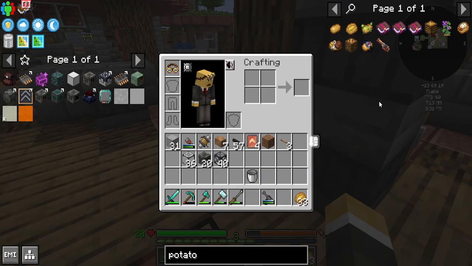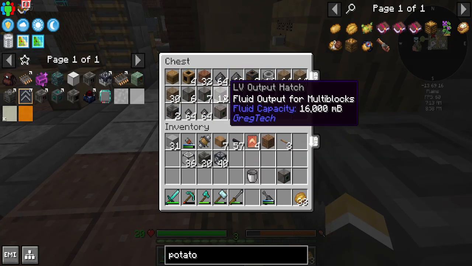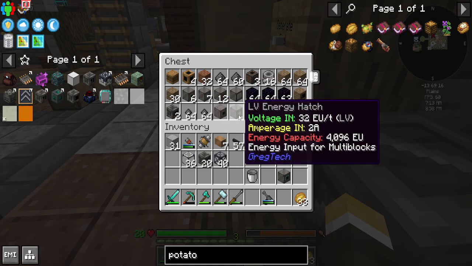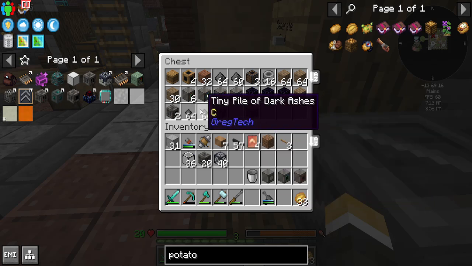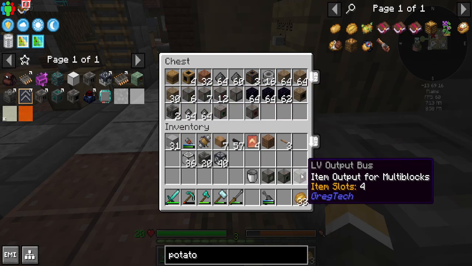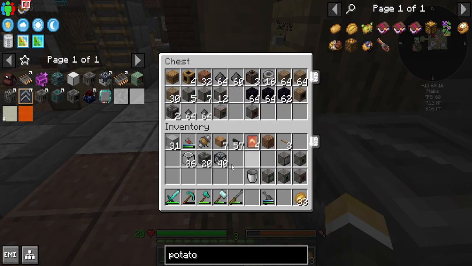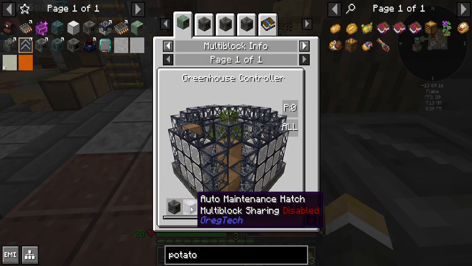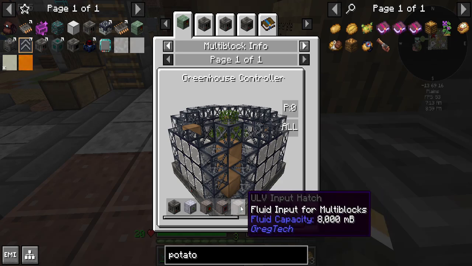Not in there. We need to grab some of these hatches. So we need an input hatch, an output... Nope, not an output hatch, because this one doesn't do the carbon dioxide. We need the energy hatch, output bus, do we have an input bus yet? No. So we do need an input bus. And then I think we're going to need the maintenance hatch. And we're going to need a muffler. No, we don't need a muffler. Is that really everything? Maintenance, energy, output, input, output, input. But we don't need output